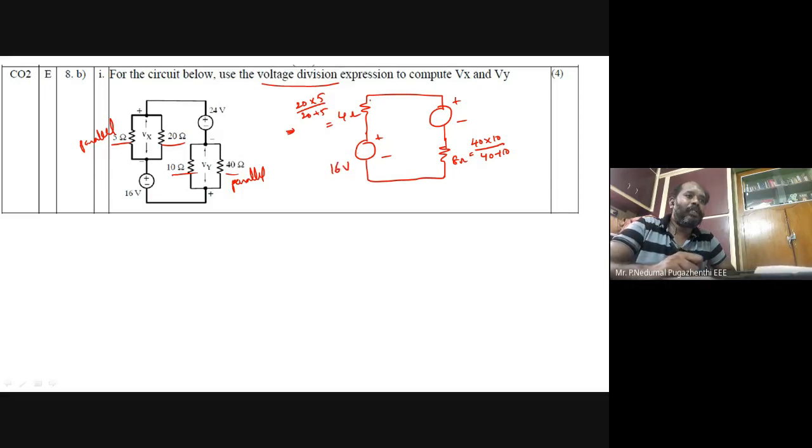It is provided, this is plus minus Vx, and this is plus minus Vy. This is plus, this is minus, this is plus, this is minus. So this is 24 volt. So the maximum voltage source is available here, so I will consider this as the direction of the current. I will take positive to negative. Normally that is the conventional current direction, which we assume if no direction is provided.